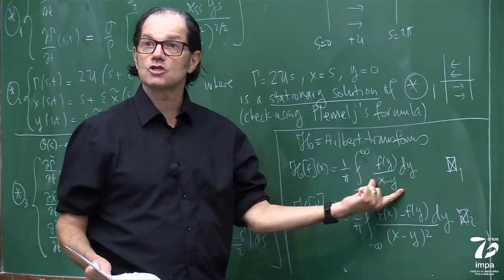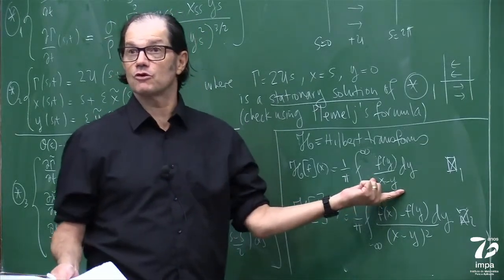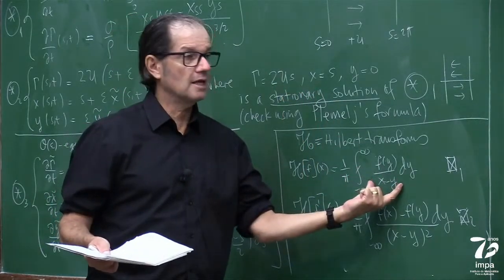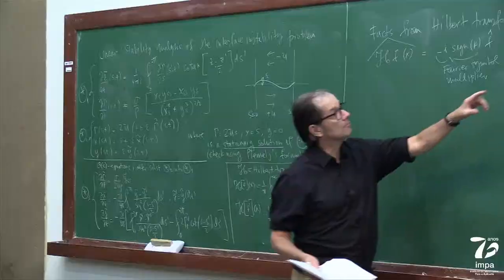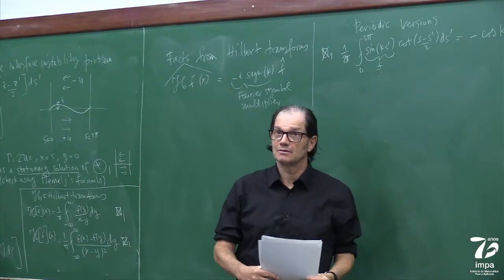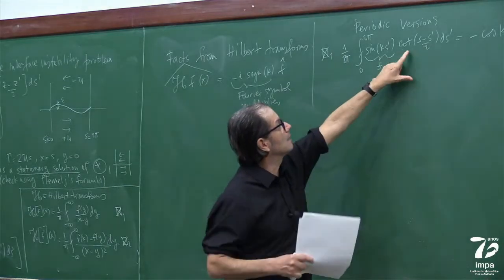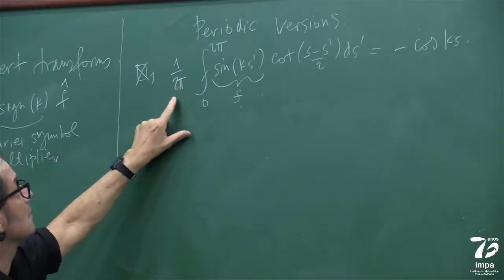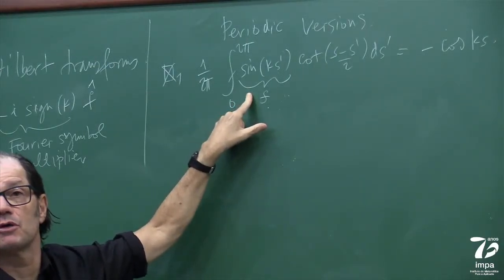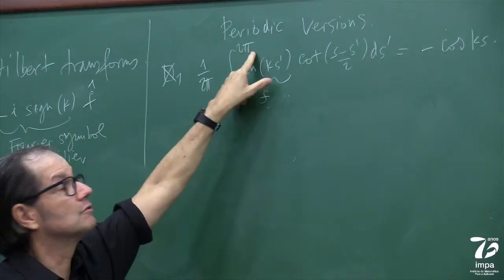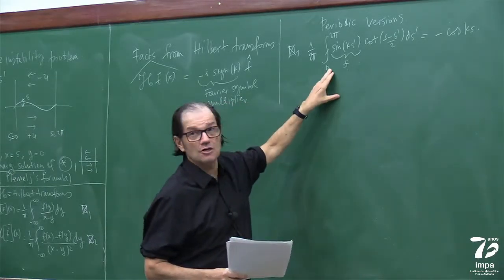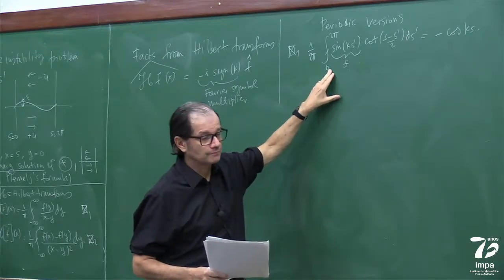You can rewrite this kernel of the type 1 over x. Right? There's a way you can do this with residues. And then this kernel becomes this guy, who sort of blows up periodically, right? To some extent. So it comes back as this guy. So this is the Hilbert transform of a periodic function, sometimes also called the Hilbert transform on the circle, just because of 0 to 2 pi. Okay? So this is the Hilbert transform of a periodic function.